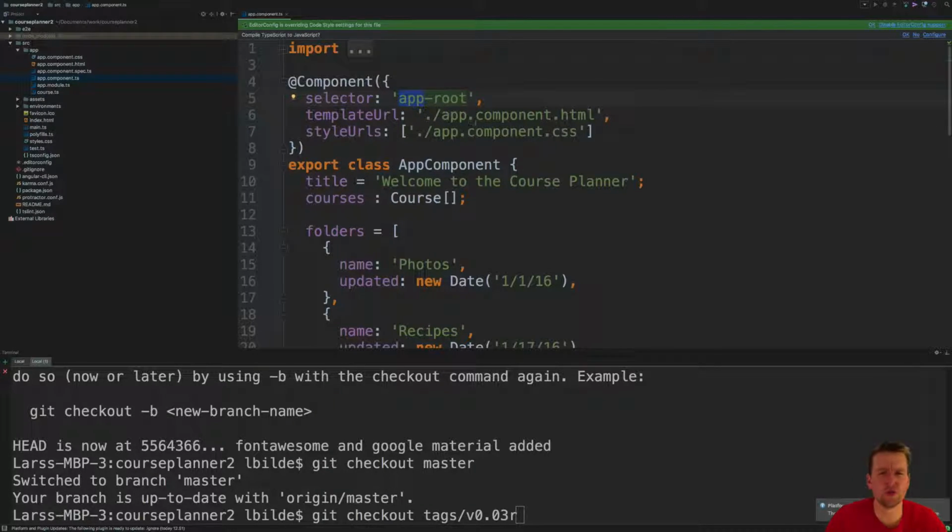Mine is called course planner, so instead of the selector being app root, I want it to be CP root, for course planner root, right? So what is the selector? Just to do that before we actually start talking about the component, we already touched a bit about it, but